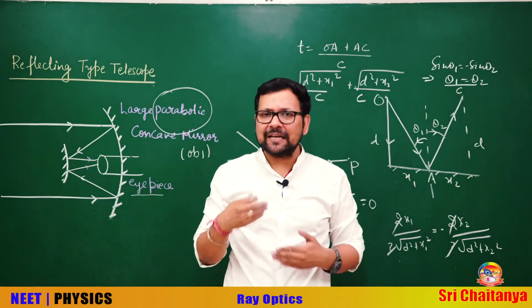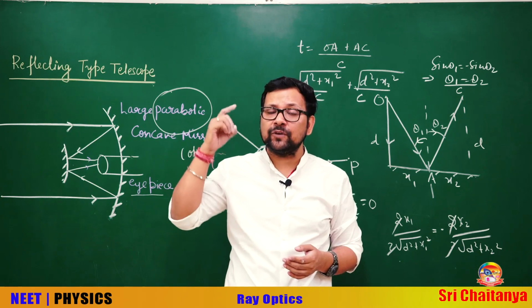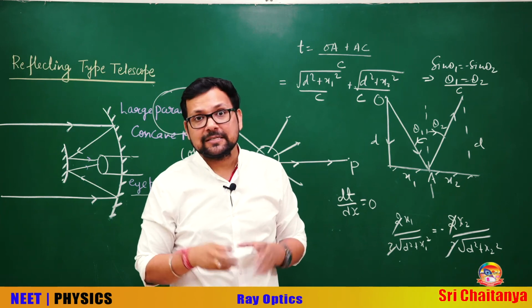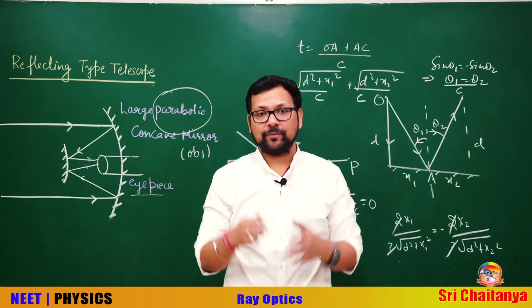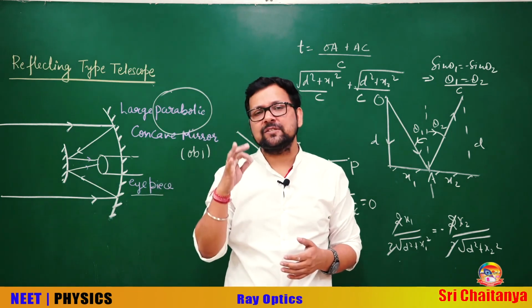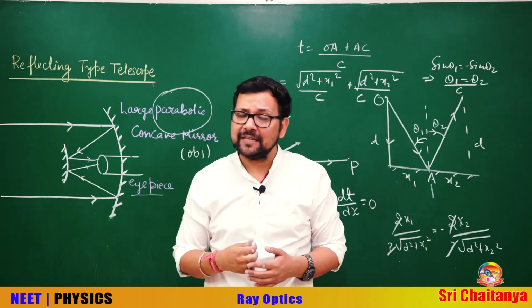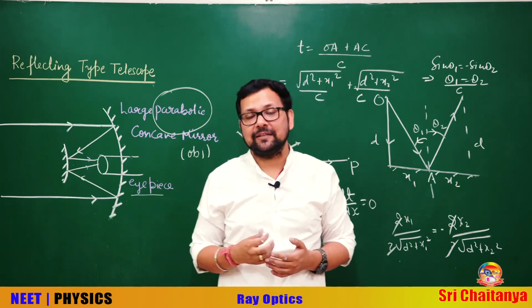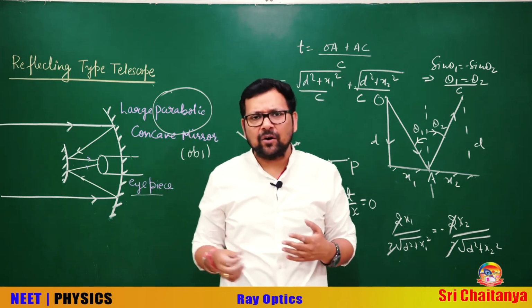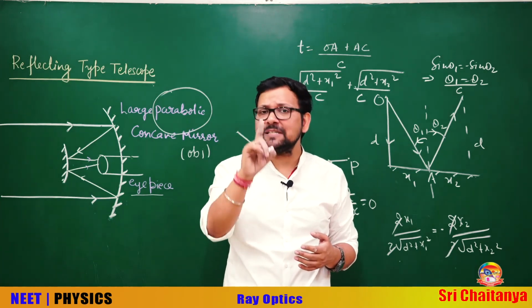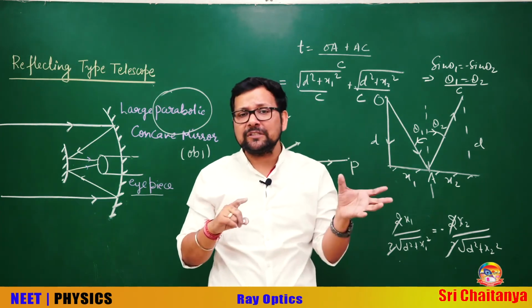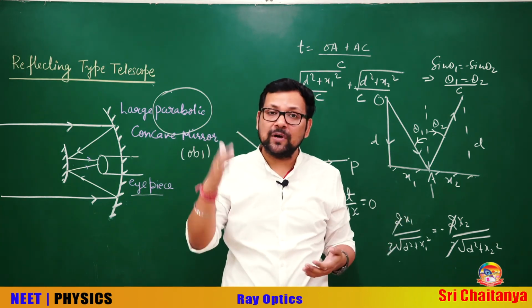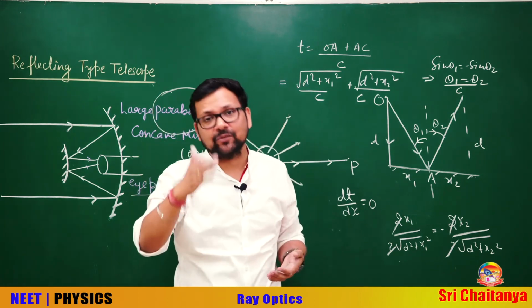Go through these things again and again, and be very careful while using the sign convention. Sign convention is said to be the soul of ray optics. Many questions you must have experienced, or I have seen students who know the formula, they know everything, but they do it wrong in sign convention. So make up some trick, or take one sign convention and do all the questions on the basis of that. Don't use various sign conventions. There are various sign conventions, but you have to use one and try to solve all the questions on the basis of that only.